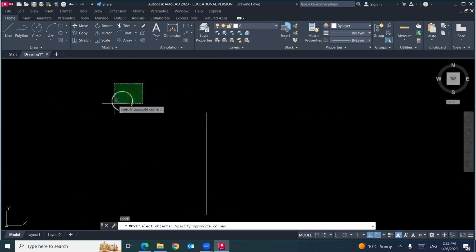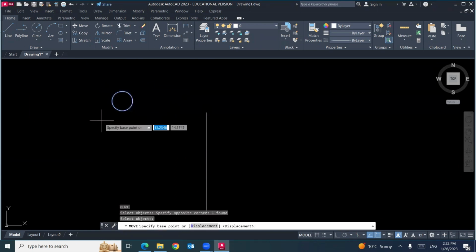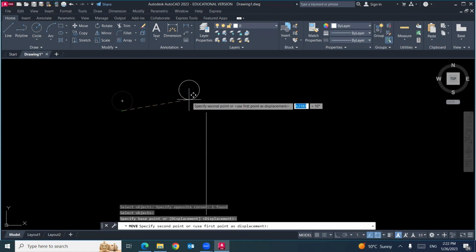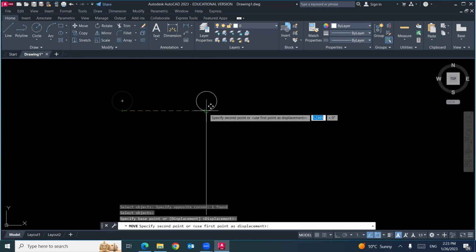Enter. Select your object, enter. When you are holding this circle, I recommend you hold the circle at the quadrant at the bottom. So when you move it, you need to move it to the end of this line.